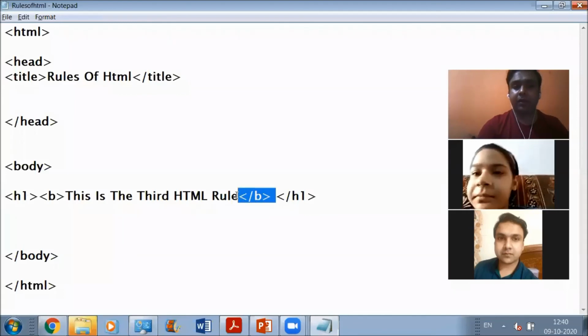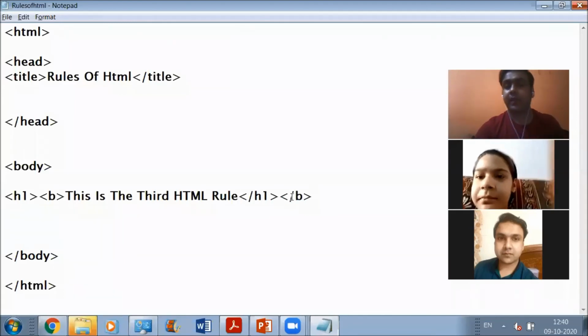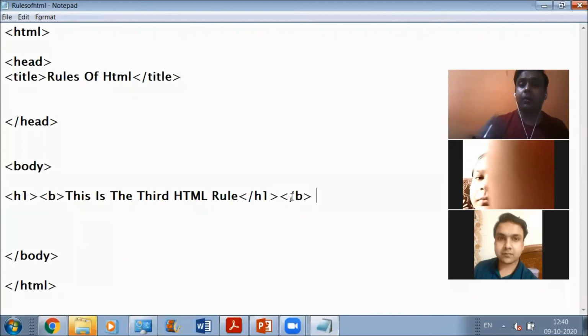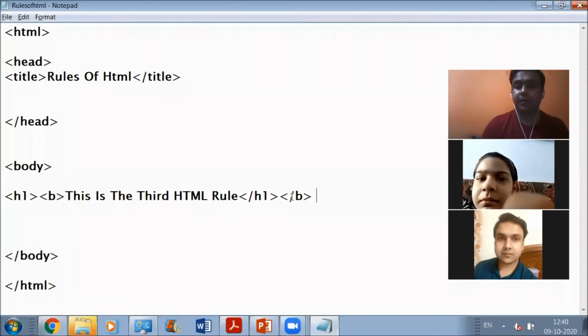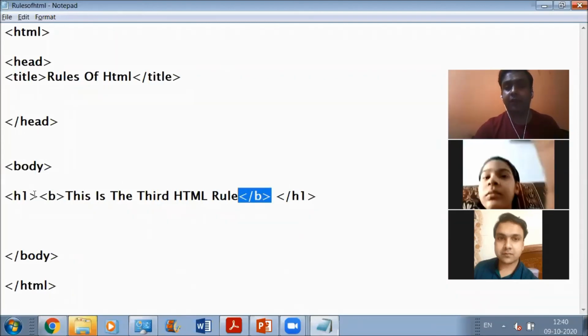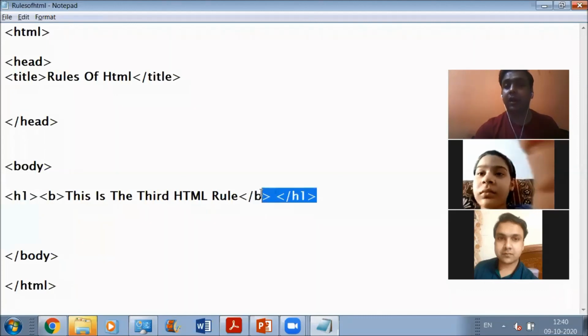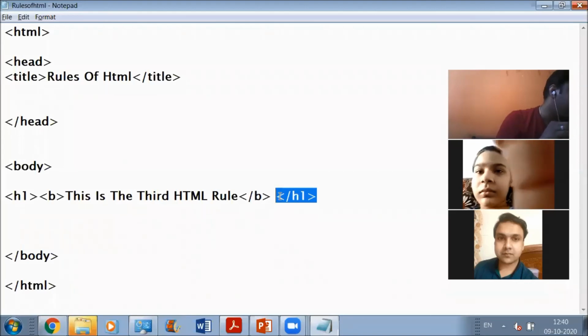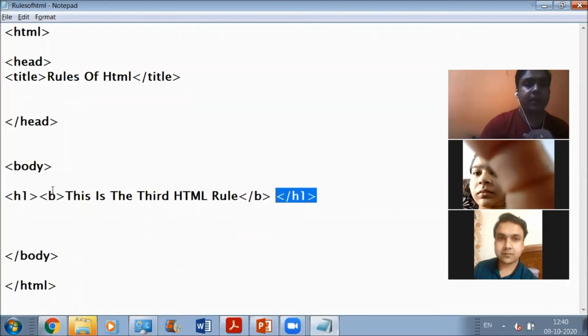If you do it otherwise, you may not be able to get the required output. Okay, so remember this thing. If you are making use of two different tags on the same text, then you have to close the inner tag first like this, and after that you have to close the outer tag. So this was rule number 5 you have to take care of.